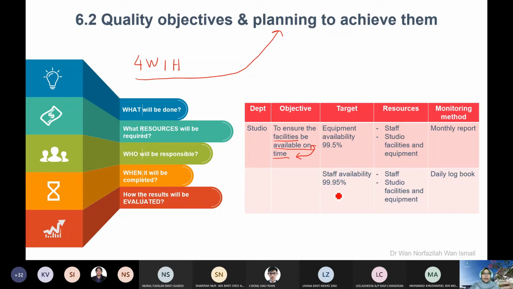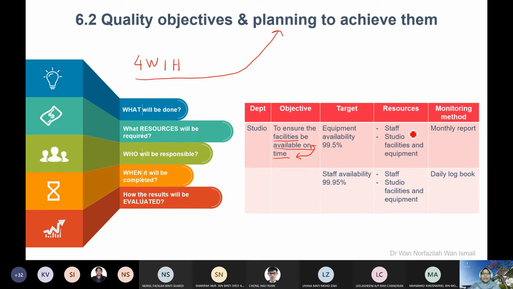Okay, why they are confident with the staff availability? Might be they already plan if staff A absent, staff B backup, something like that. Or they have 4 person in charge for that shift. Okay, kalau seorang absent ada lagi 3. Kalau dia letak 2 je, seorang absent, ada seorang je nak handle semua benda, mungkin susah lah. So that's why they are very confident with the staff availability.